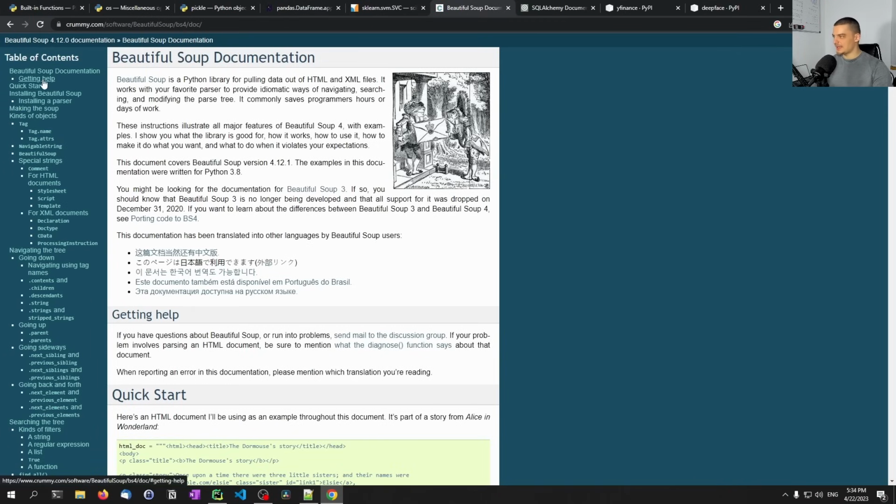So yeah, you can see it here again. Beautiful Soup, quick start, getting help. Maybe they have different names, but the concept is the same. Now, one thing that's important after you got an idea about how this is done, don't stick to it too much, because you will find documentation where things are more confusing,